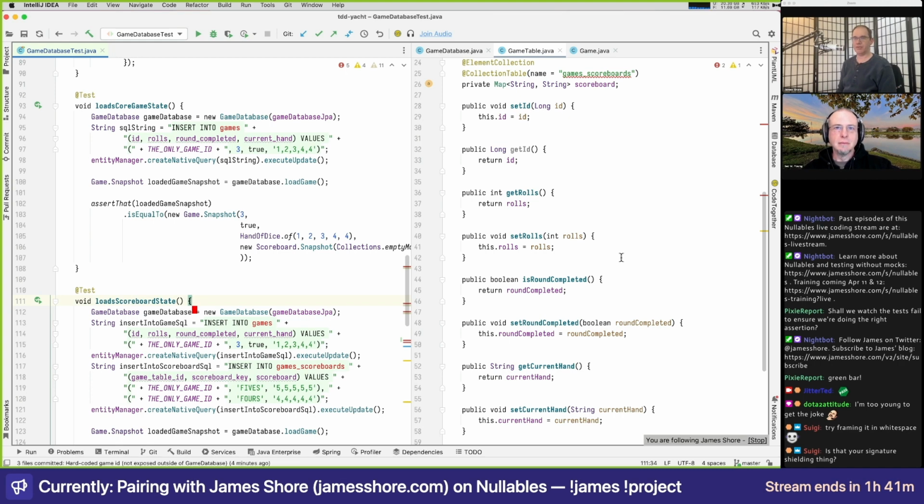But the other reason I do this is for signature shielding. When we change the API, rather than having to go back and change every test that calls load game, we just change the helper method. Again, that's more of an issue in JavaScript where I can't easily change my method signatures. Here, if we want to change the method signature, we just do it and it will filter through.